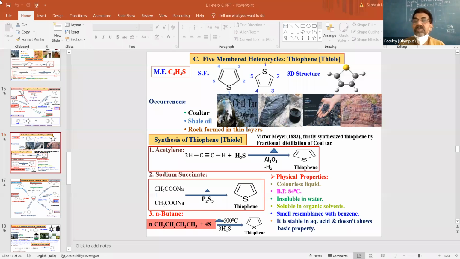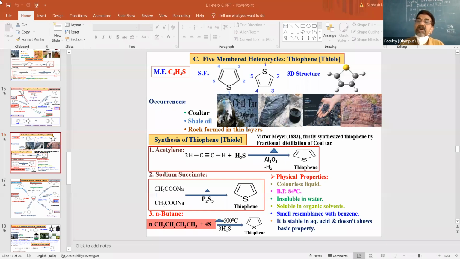We are discussing heterocyclic compounds in offline theory classes, and we have already discussed what heterocyclic compounds are, how they are classified on the basis of their ring size and the number of heteroatoms present in the rings, such as 5-membered rings, 6-membered rings, condensed rings, and so on. Then we discussed the 5-membered heterocyclic compound pyrrole: its synthesis methods, occurrence, chemical properties, physical properties, and molecular orbital structure. All these studies we have already learned.